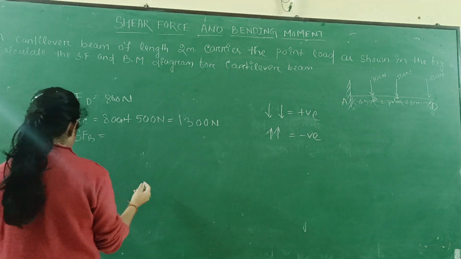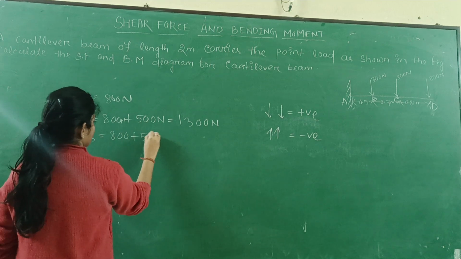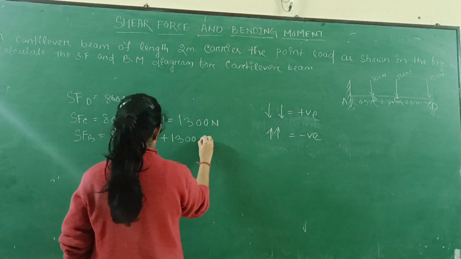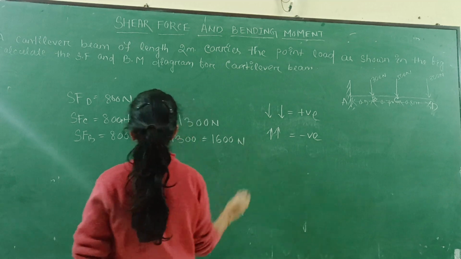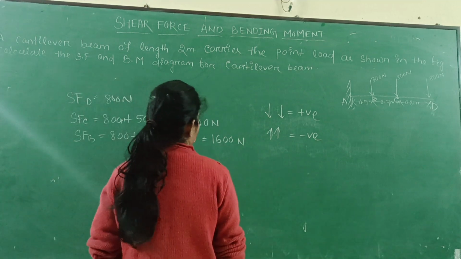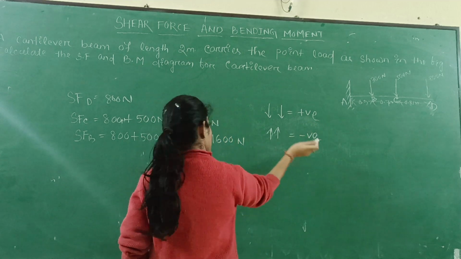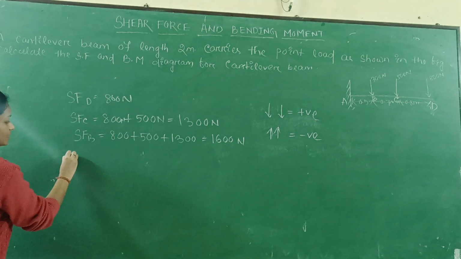Shear force at B is 800 plus 500 plus 1300. That is equal to 1600 Newton. Here I take downward forces as positive and upward forces as negative. Then we have to calculate the